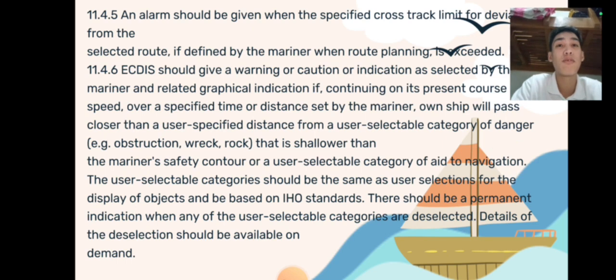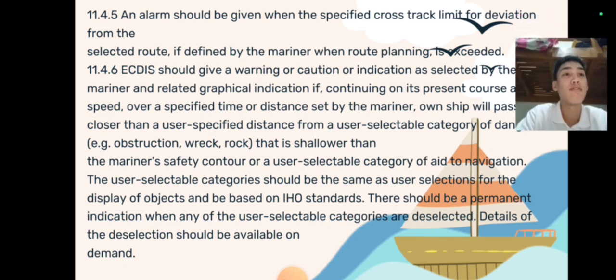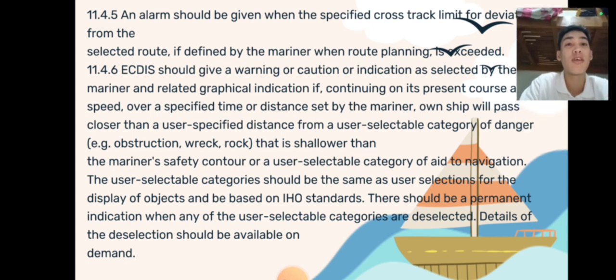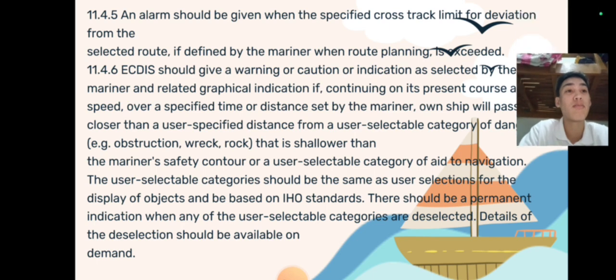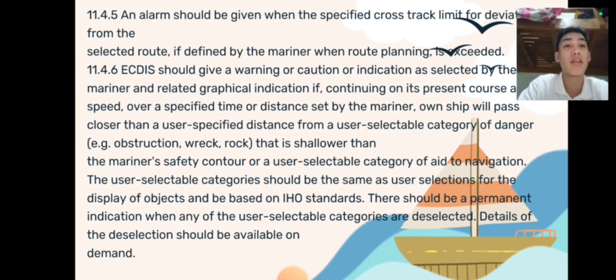For 11.4.5, an alarm should be given when the specified cross-track limit for deviation from the selected route, if defined by the mariner when route planning, is exceeded. For 11.4.6, ECDIS should give a warning or caution or indication as selected by the mariner and related graphical information